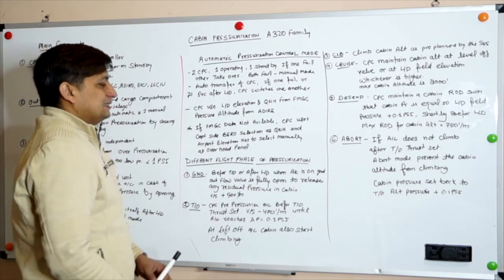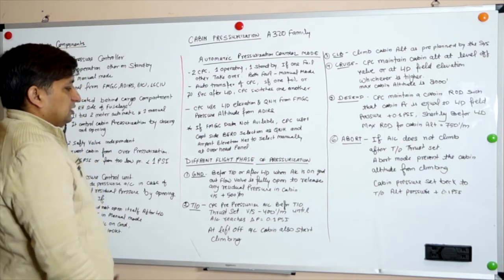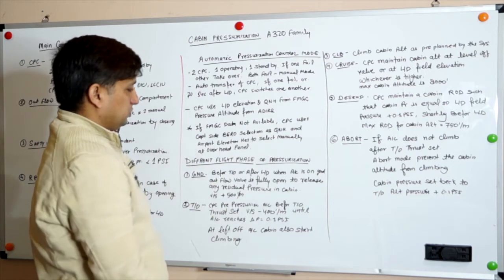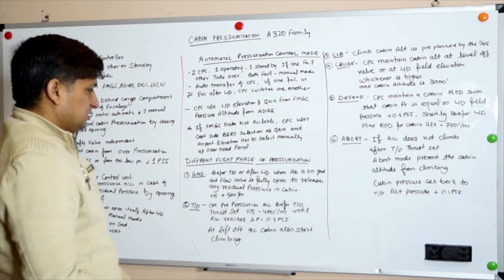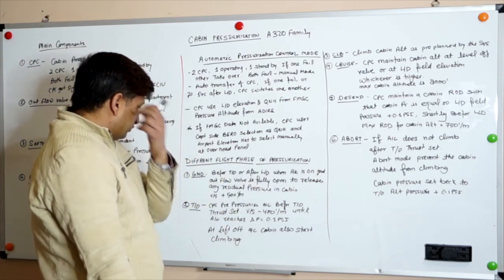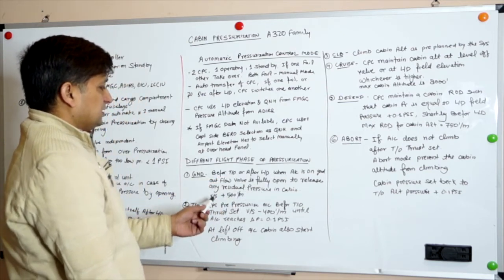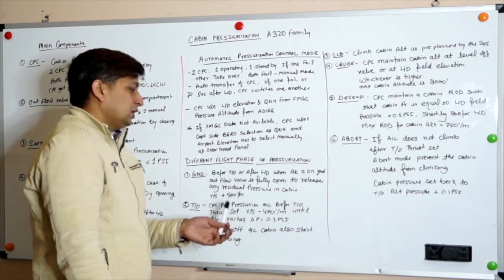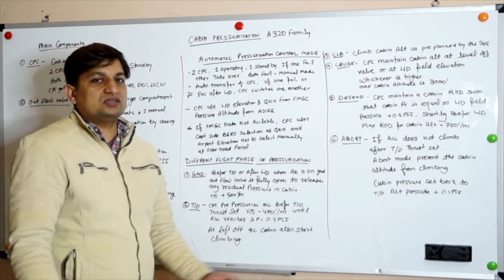Now let's talk about the different phases of the pressurization. There are the different phases like ground, takeoff, climb, cruise, descent, and abort. Okay, let's discuss all that. Ground phase: before takeoff and after landing, when the aircraft is on the ground, the outflow valve is fully open to release any residual pressure in the cabin. VS can be maintained at 500 feet per minute to equalize the cabin pressure with the outside pressure.